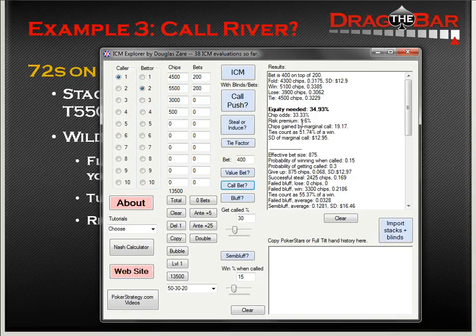You can see down here this risk premium, 1.6%, is exactly the difference between these chip odds and the equity needed numbers. And so you can see that the risk premium here is pretty low. And we only need to win about 1 in 3 times. So the thing that we can learn from this example from ICM Explorer is that here we would probably want